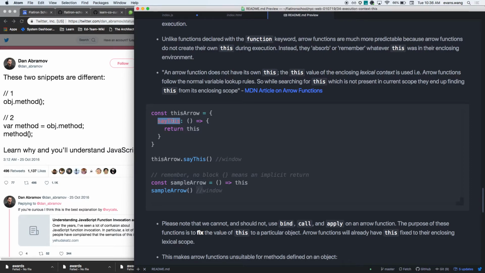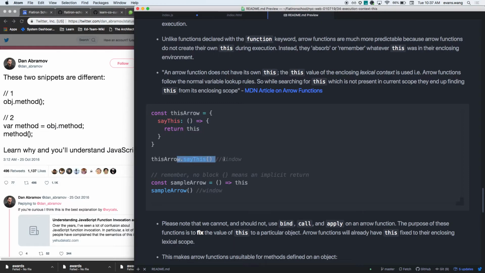So far, so good. Notice, is this an arrow or a function keyword? It's an arrow. Very good. This is an arrow. And I told you that the arrow functions do not create their own this. So, if I simply return this,